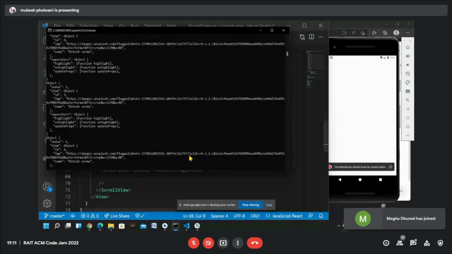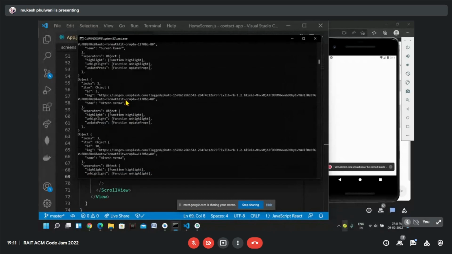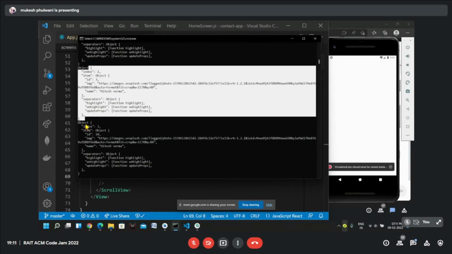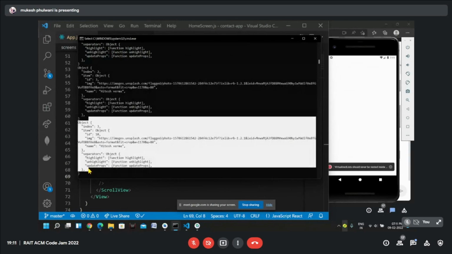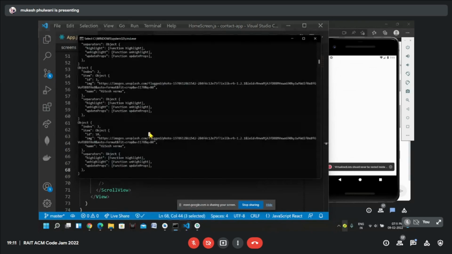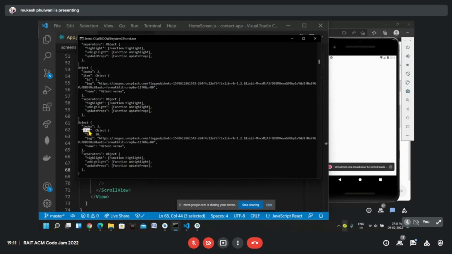Now if you notice here, we have a huge object logged, and in the object we have something called item. We need this item only, not these separators and extra information.